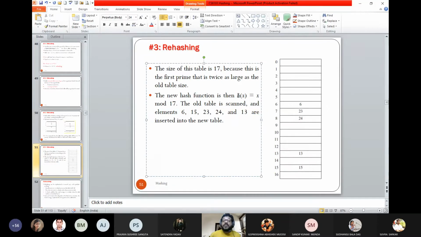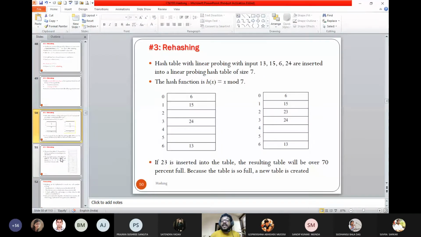As I said, it is good practice to use a hash function x mod m, where m is a prime number, as close as possible to the table size. As we have 7 as the table size, we take 7. If I double it, the size becomes 14, but 14 is not a prime number. Then I decided, why not go for a table whose size is also a prime number, nearest to 14.